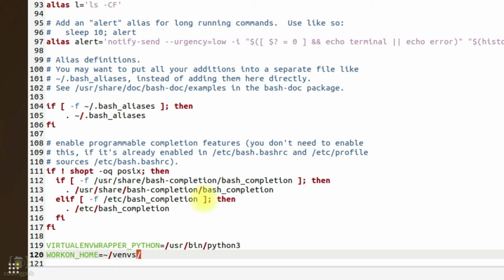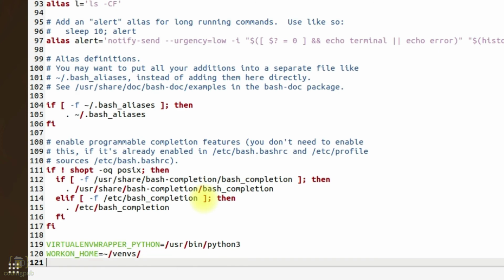Please note that venvs is the directory which will be used to create the virtual environments. This doesn't have to be venvs. You can use the directory of your choice.